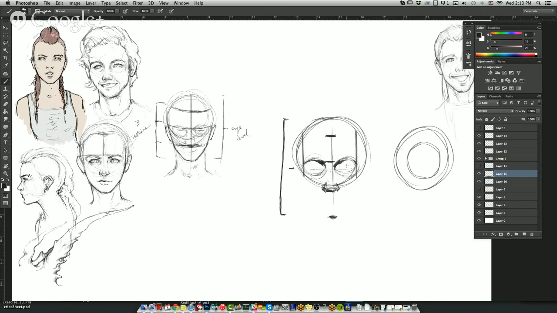So those three lines really indicate to me exactly where my proportions are going to be. Now, not every face is the same. You're going to have to adjust. Some people have longer noses, some people have shorter noses. And it kind of depends on the character you're creating, but also the look of the character that you want to create as well. So then on that eye line, you can kind of see how that initial halfway mark